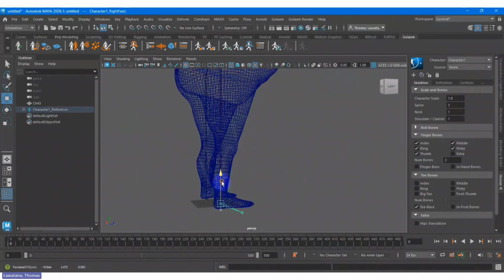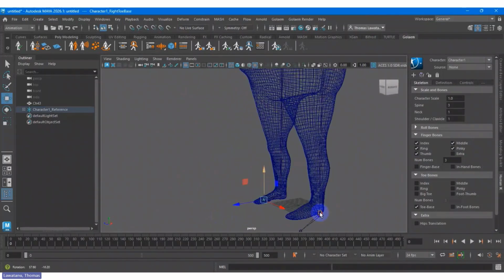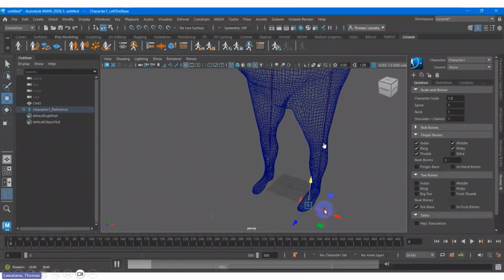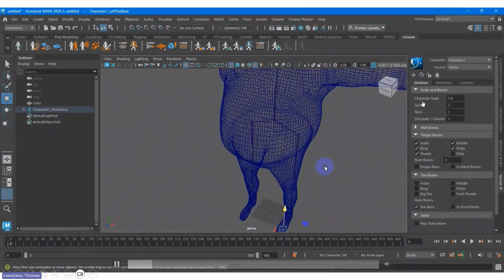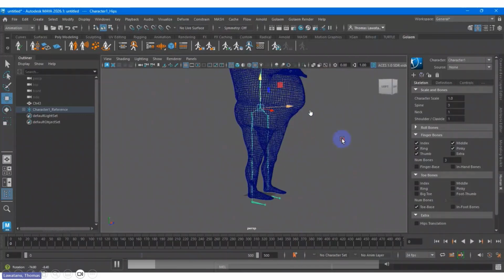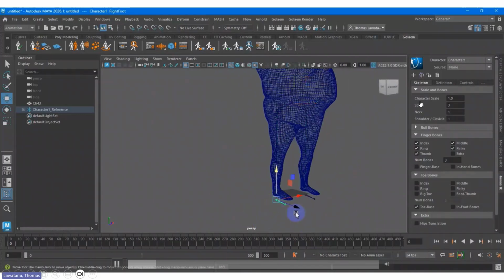You can decrease the height and the width. Even if you want the skeleton to be bigger, you can see on my screen right now there is a scale and bones option, so you can adjust. It depends. Let's say it's too small and I want it a bit bigger, then go to the character scale and you can put the number here.